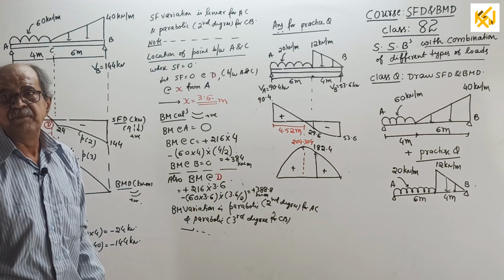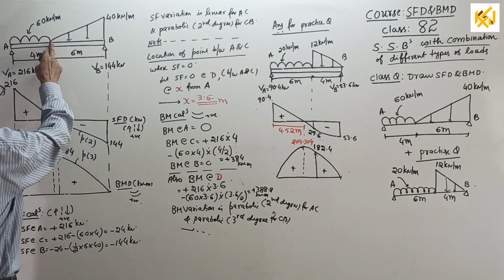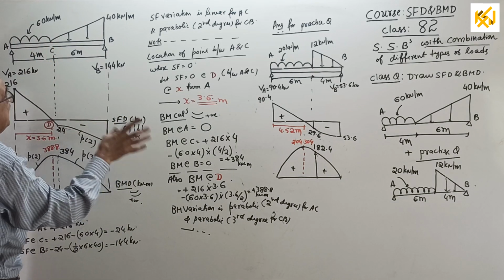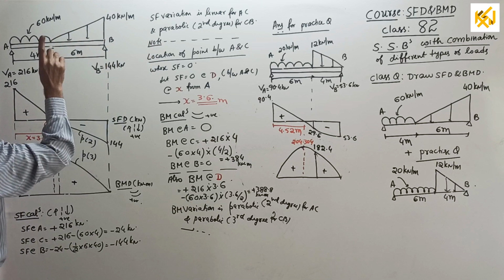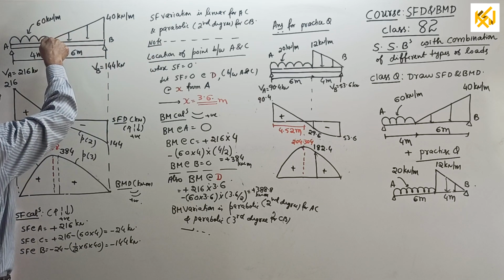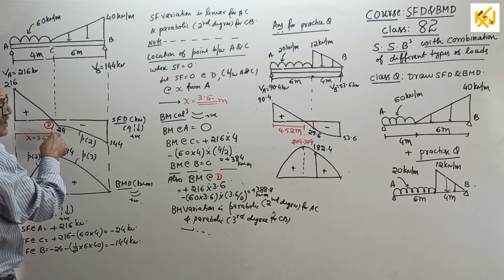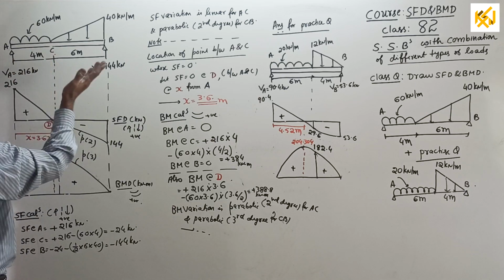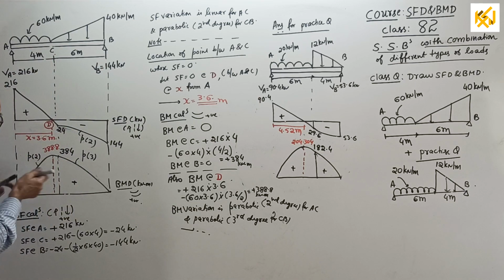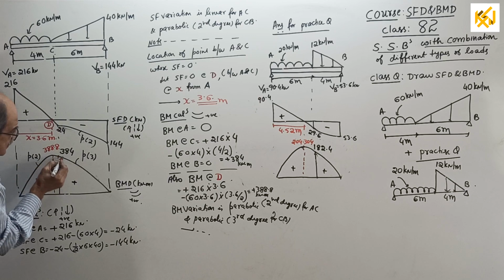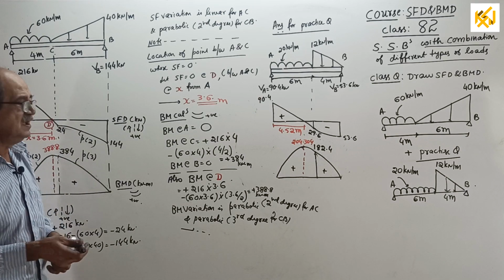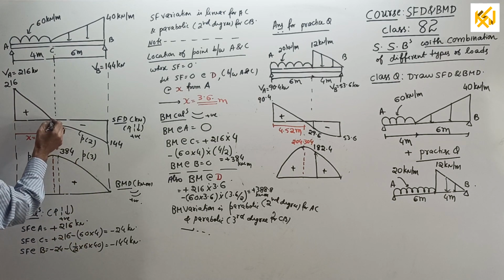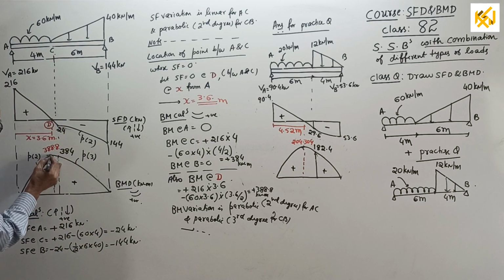Look at this side: plus 216 into 3.6, minus 60 into 3.6 into 3.6 by 2 is the BM. Now draw the BMD. A to C is UDL, parabola of second degree. C to B is UVL, parabola of third degree. But important to remember, at the point C, shear force is 24 on both sides. So when you draw the BMD here, if I draw a tangent to this curve or this curve, it should be a common tangent. And this is the point where maximum BM will come, 0 shear force, slope will be 0 here.